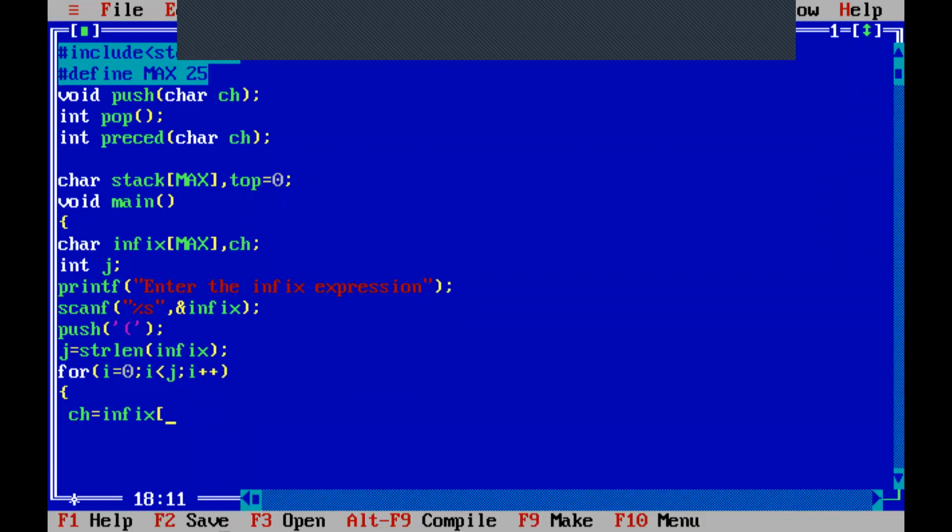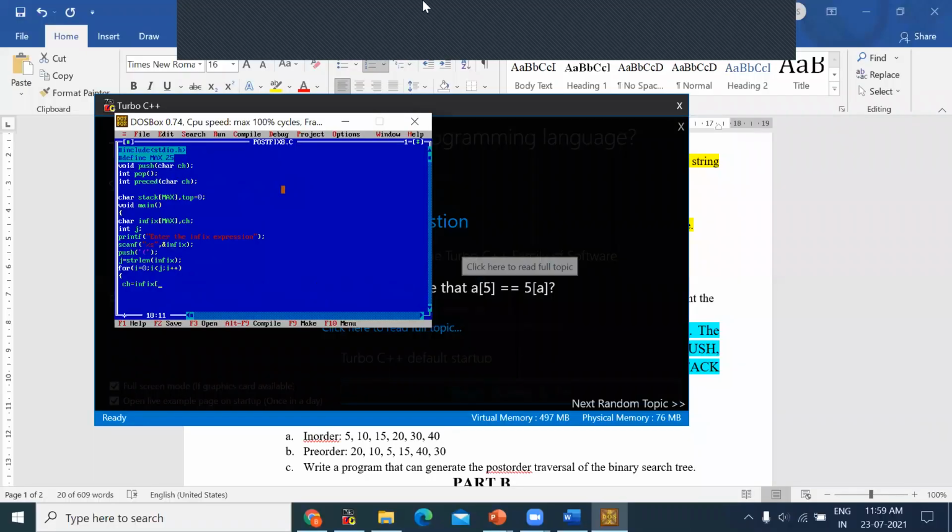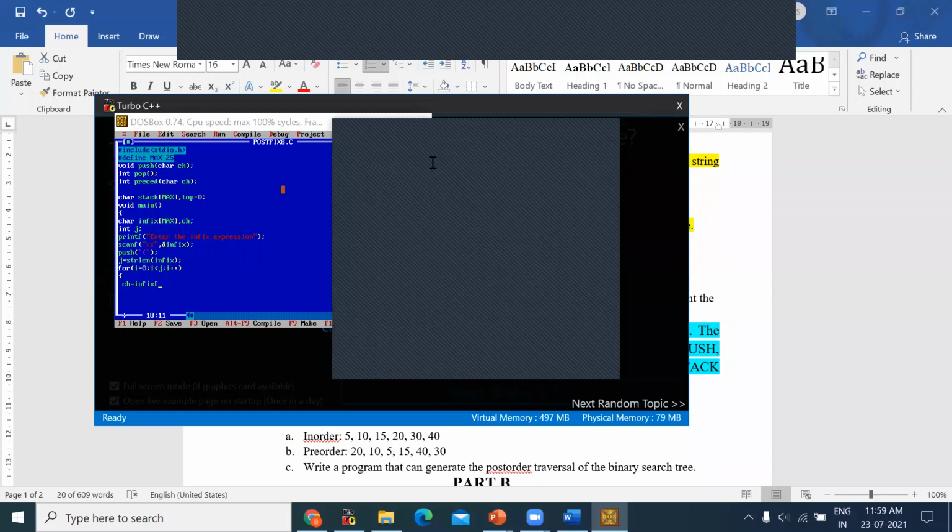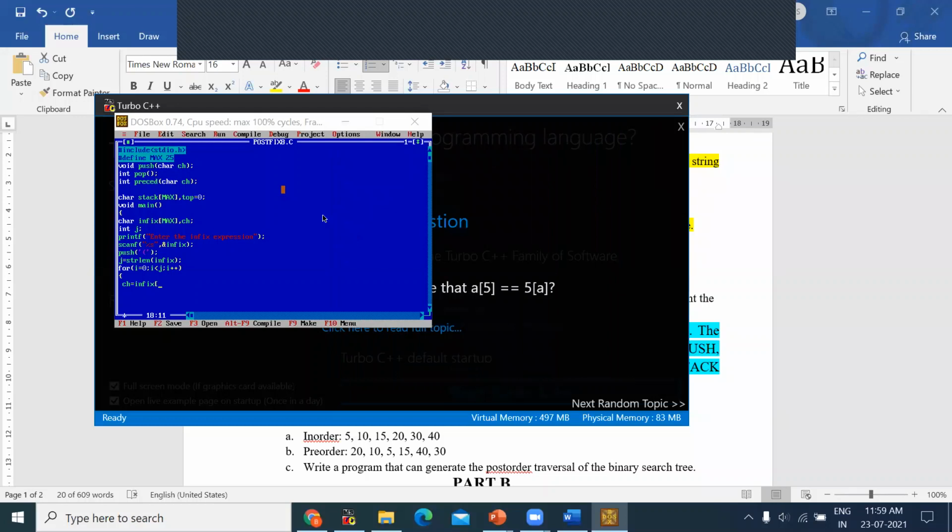Arun K, which variable should I use in the square brackets to get the first character of the infix expression, the first symbol of the infix expression? Arun K, are you there? Arun, are you there?